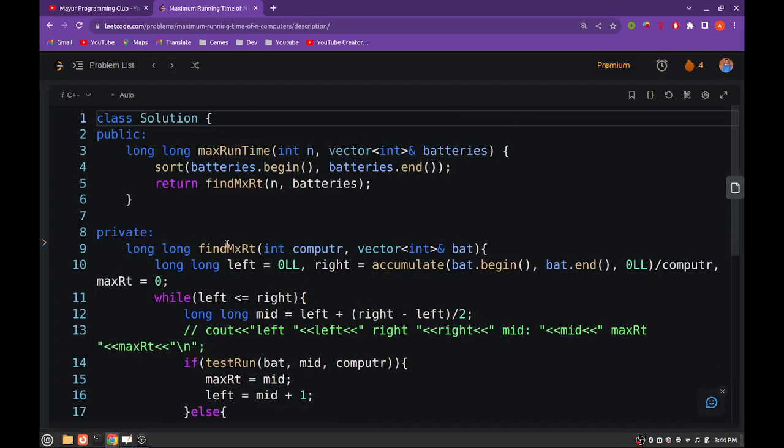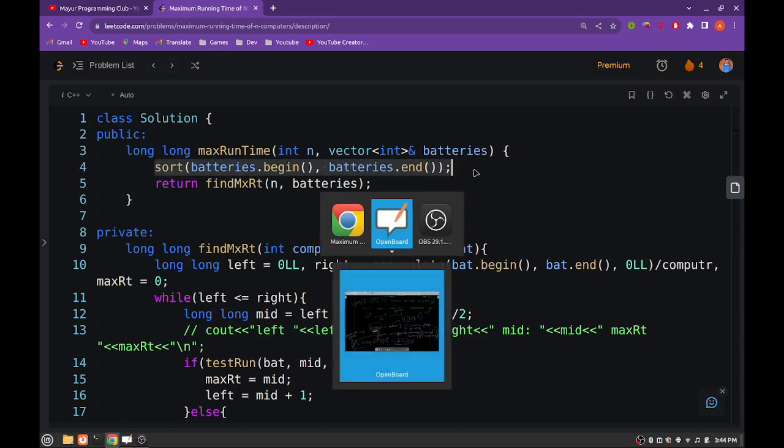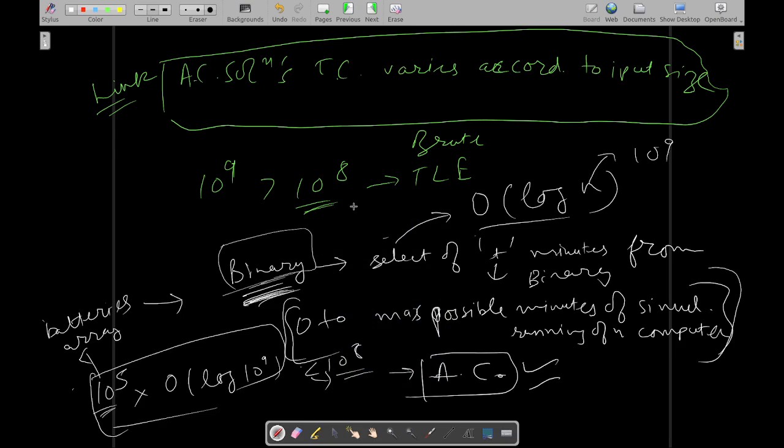Let me quickly move to the coding part. So what we have done is, we have first sorted the batteries array. Why we have sorted, you may ask? Because